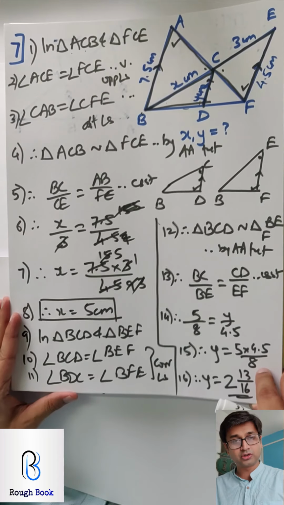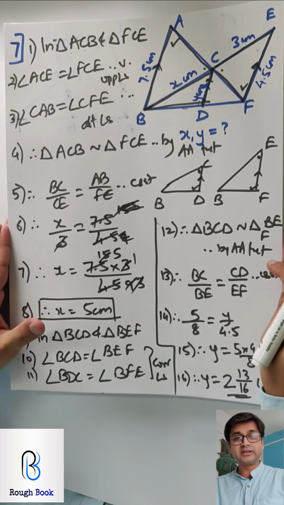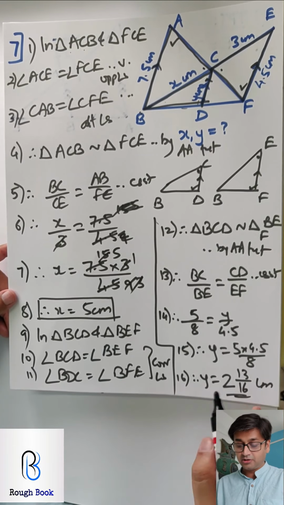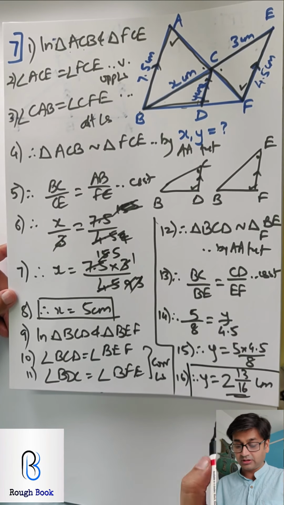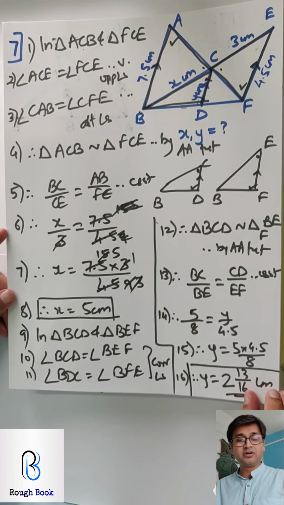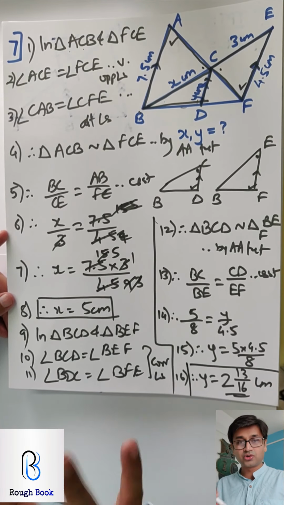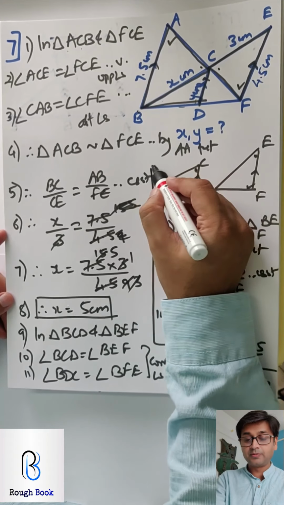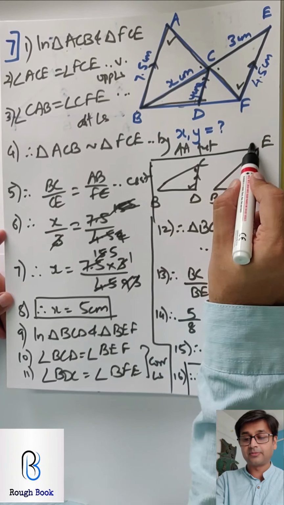If you go in decimals, that will also be accepted, but I found this one easier, so I went with this. Are you clear everyone with this one? Did you manage to get X and Y both? This is slightly weird. In the boards you should not get such answers, you should get complete answers, but the concept remains the same. So please see to it that you are clear with your concepts. Alright, let's go with the next one.